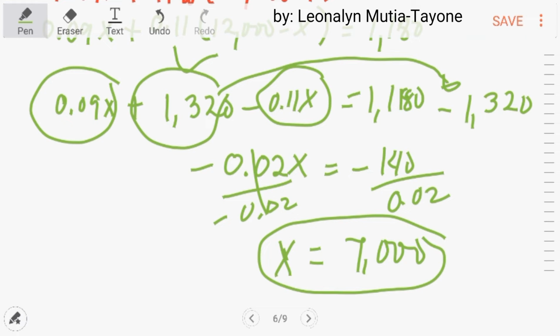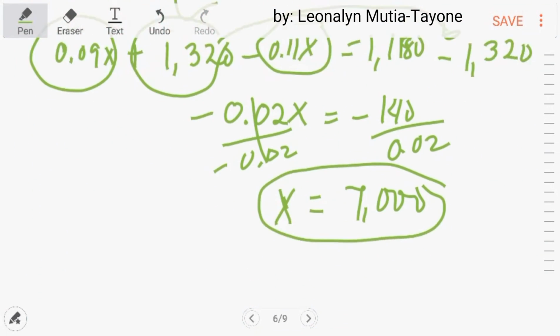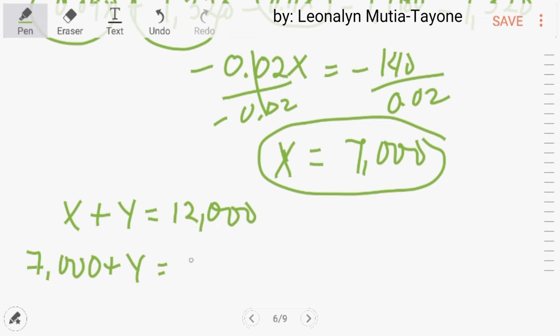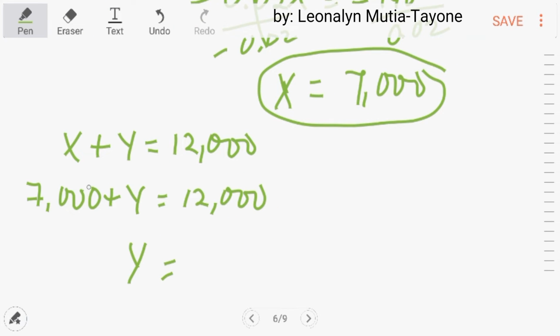So, may value na tayo sa x. Substitute this value of x in the y equation. So, dito tayo, piliin natin yung x plus y equals 12,000. So, we have the value of x, which is 7,000, plus y equals 12,000. So, our y is